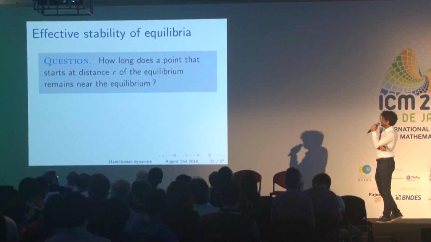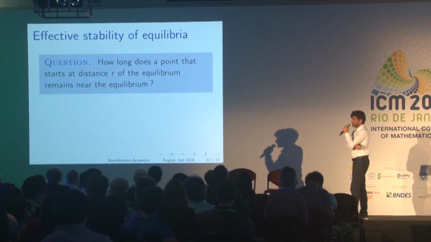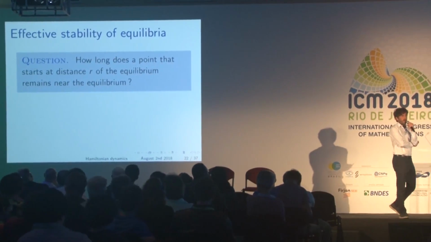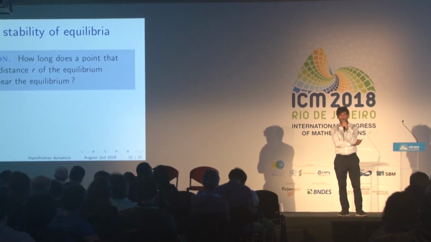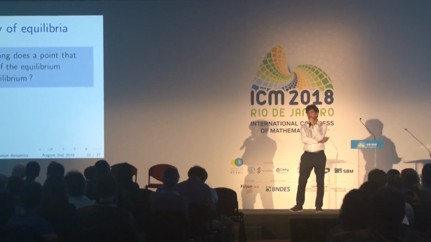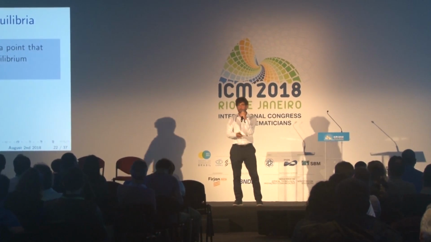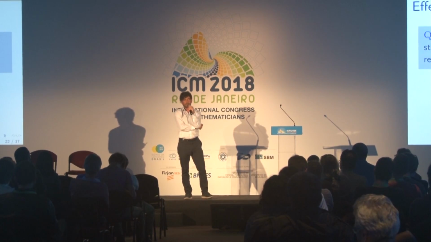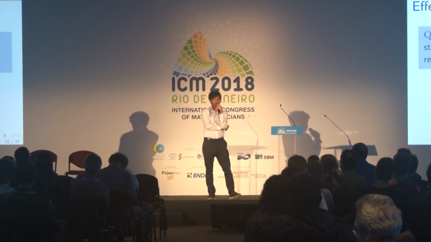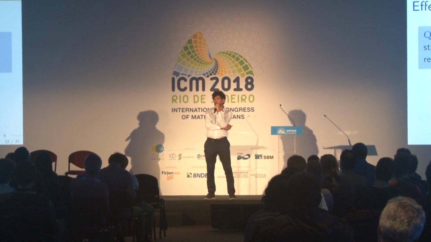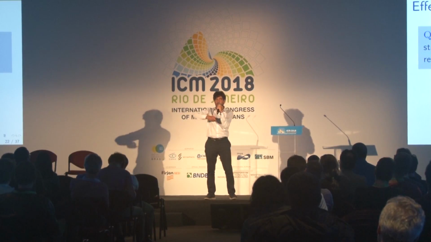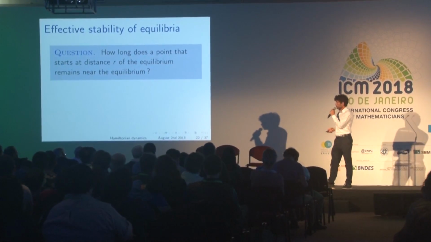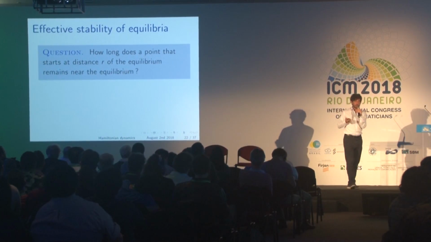Let me end this part by talking about the effective stability. As Raphael was saying, it's a very natural physical question. How long does it take you to double your distance from the origin? Usually doubling your distance from the origin is the same time order of magnitude that it takes you to leave the neighborhood of the origin completely. In unstable systems, if you go from R to 2R, the time it takes you is like when you compute half-lives. It's the same as going to infinity. So the question is, what amount of time do you wait?